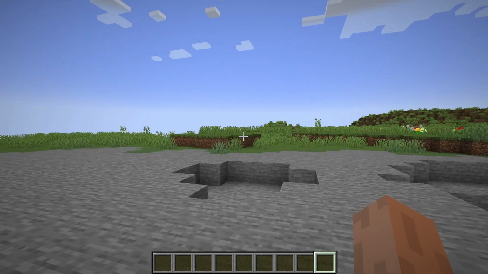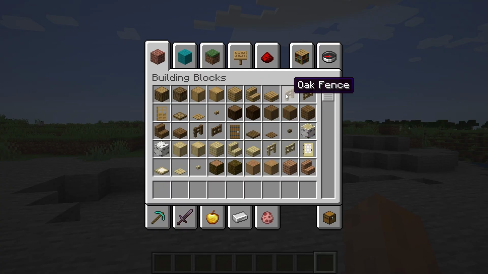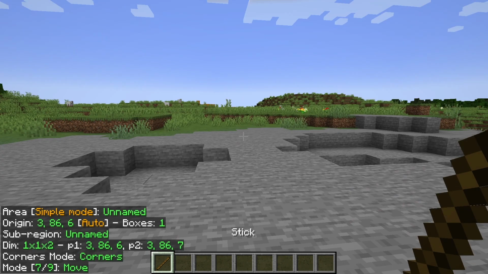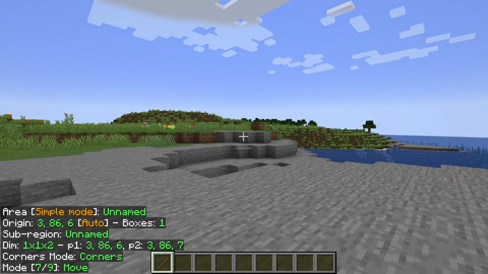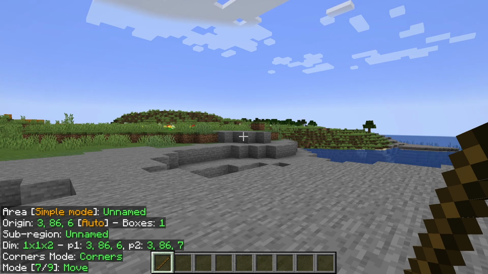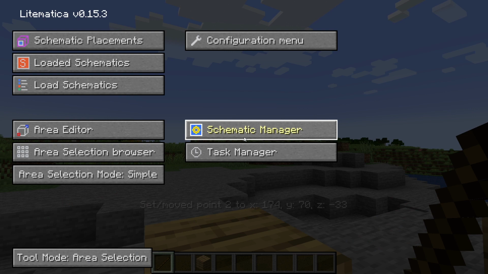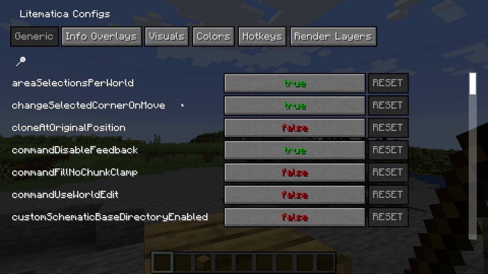Okay, so here in my creative world, I'm just here to check if the mods are really working well. I'm holding a stick, and while holding the Control key and scrolling down and scrolling up, as you can see, it works perfectly. Okay, so let's try pressing M. Yep, it's working perfectly. Alright, you've successfully installed